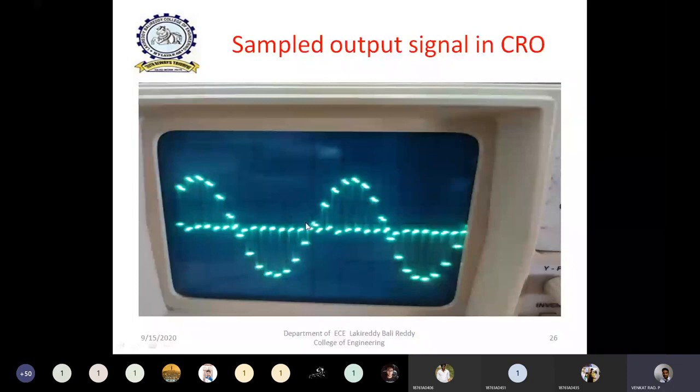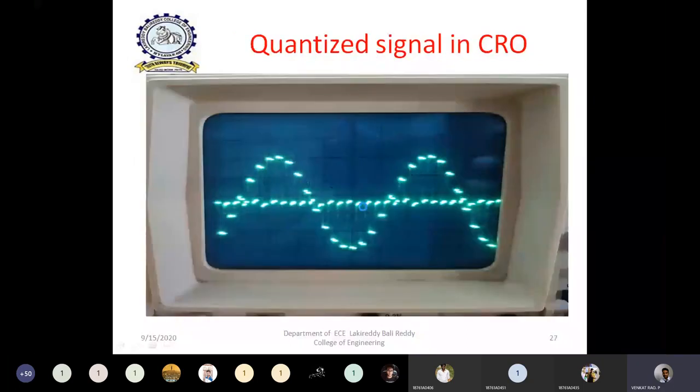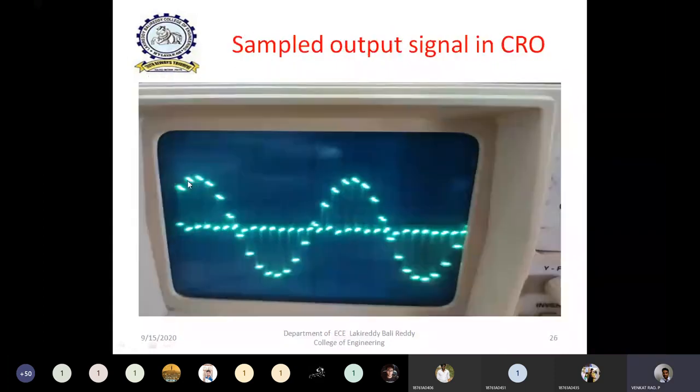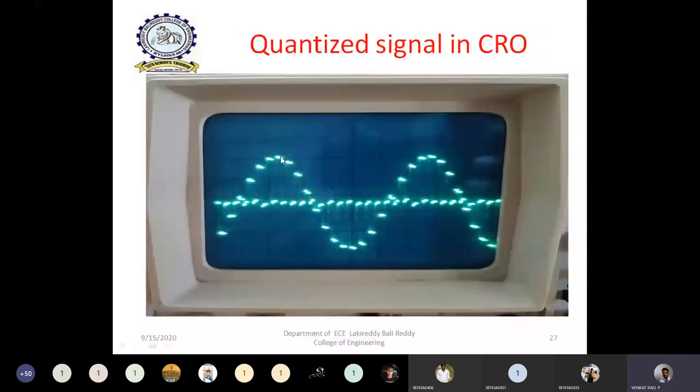Okay. Similarly, if you observe the quantized signal, both the sampled signal and the quantized signal look the same, but if you observe closely, the sampled signal may have some curvature, whereas the quantized output is constant. The only difference between the sampled and quantized signals is that the sample values are approximated to the nearest quantization levels. Here there may be some approximation. All the sample values are approximated to the nearest quantization level. Then,